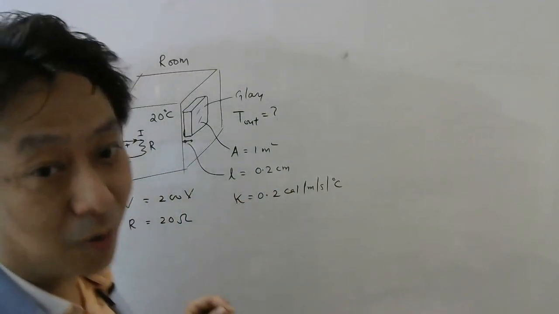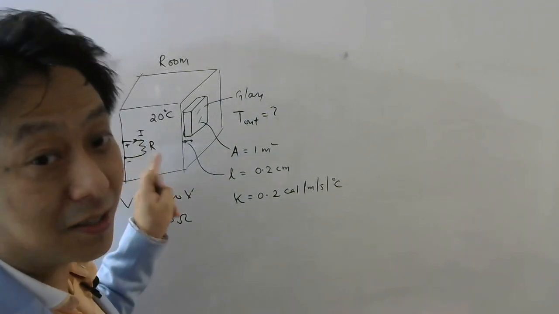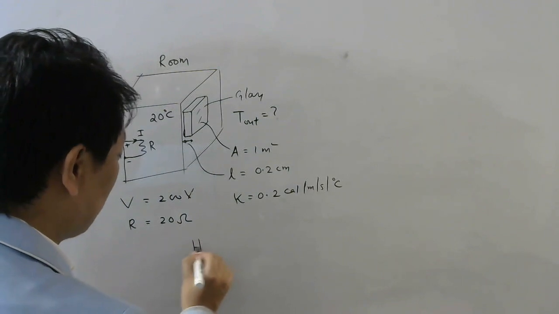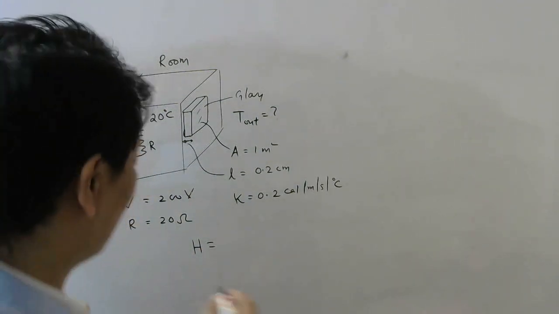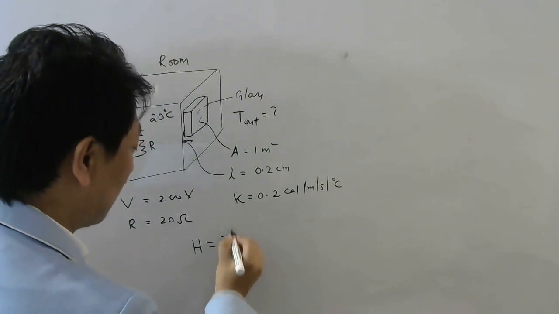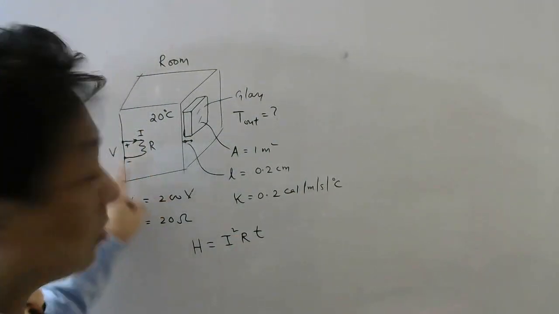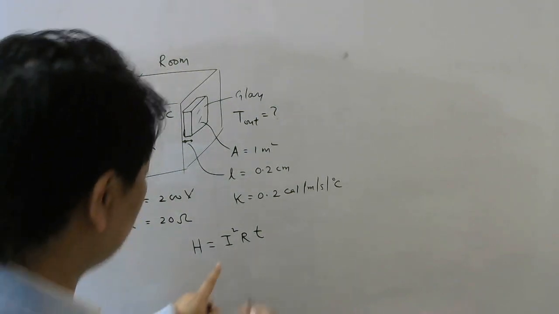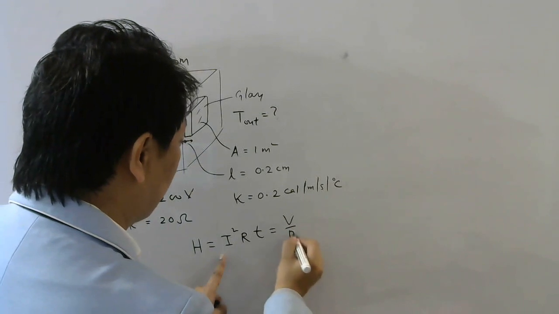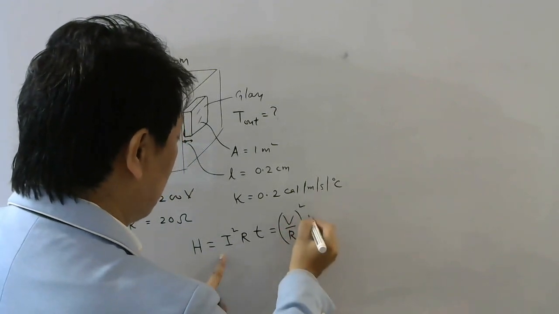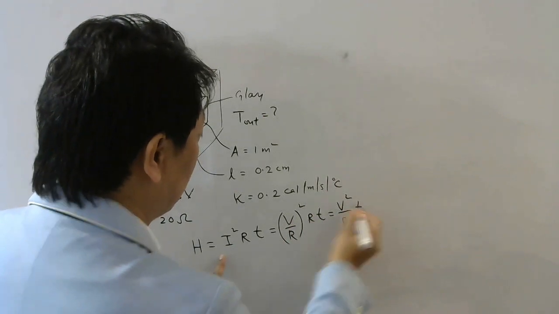So let us first calculate how much heat is produced by the power supply in this resistor. So that you remember Joule's law of heating, right, which we study in class 10 also. So the heat produced is I square RT. However, the current here is not mentioned, the voltage is mentioned. So let us write Ohm's law for current as V by R, square into RT. So this will be V square by R into T.